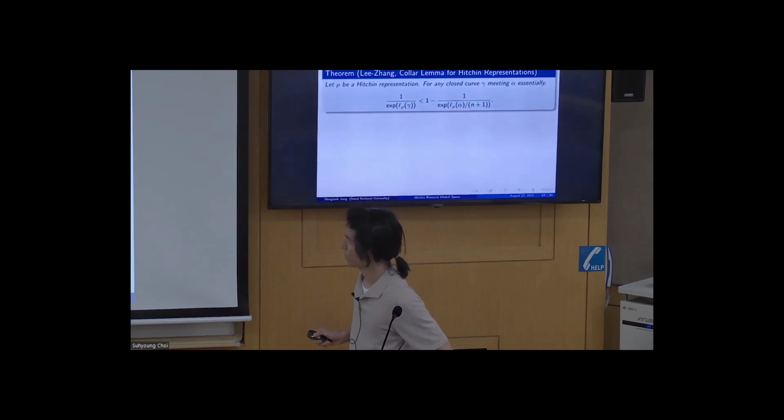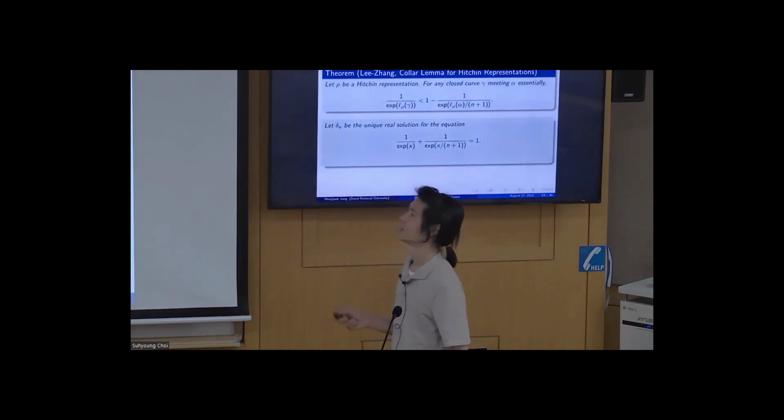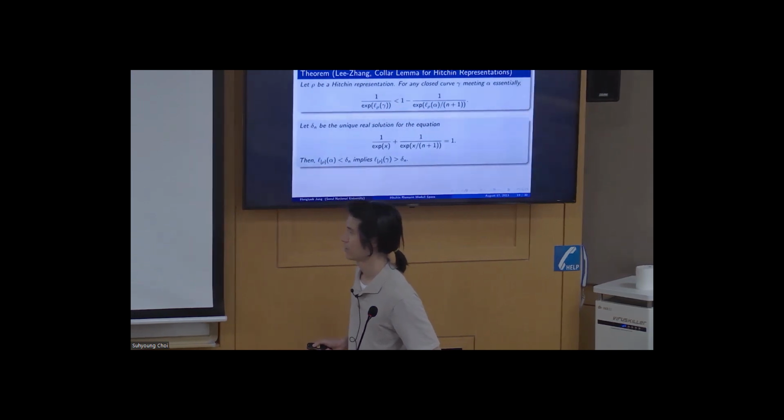Well, if you have a Hitchin representation, and if you have simple closed curves gamma and alpha intersecting essentially, then we have the following inequality. So the length of gamma and the length of alpha satisfy this condition. So we choose some real number, which is the solution of this equation. And then by this collar lemma, if your alpha has